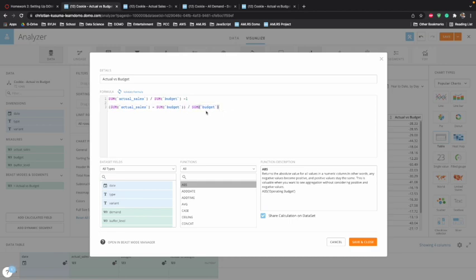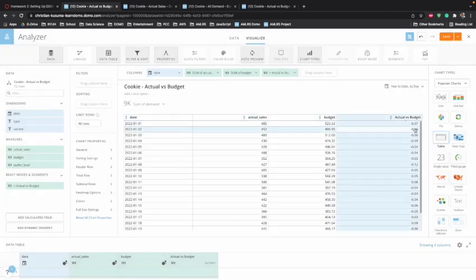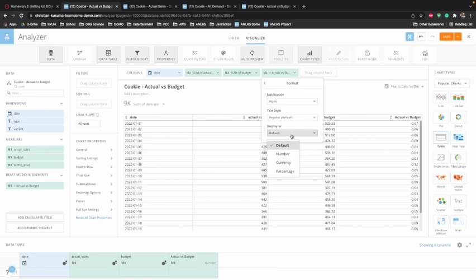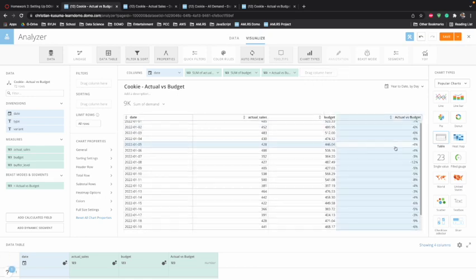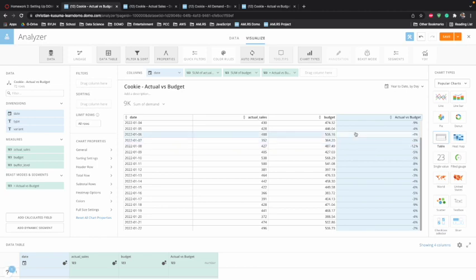This will give you the same answer as this one, but this one is a lot shorter, slightly shorter, so I like that one better. I'm going to do that, validate formula, and then I get the percentage right now. But this is not a percentage, right? So I need to change it, format, change it to percentage, and there you go. Got minus 7%. Oh wow, seems like the sales is always lower than the budget,